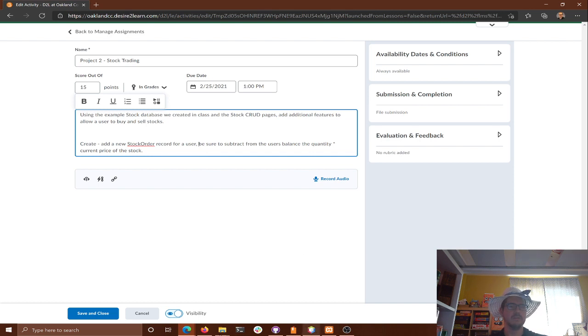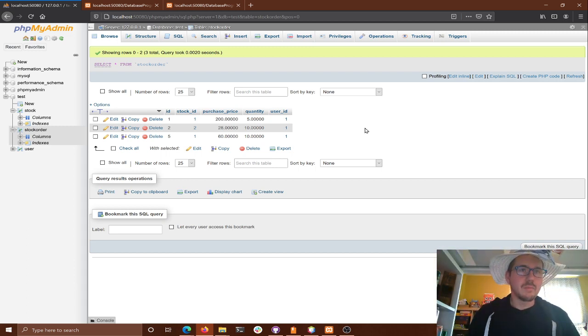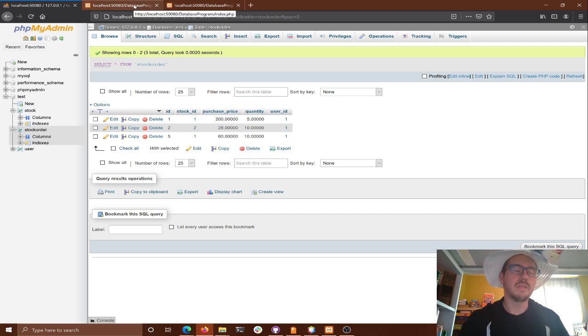So creating the new stock order item, it says what stock ID is it, what was the purchase price, which is the current price, and how many did they buy? So we need to add a page to buy stock. This is project 2. All the demo stuff we did, you can start with as your starter code. I'll give you all the stuff we've done for creating, updating, and reading the stocks themselves, updating prices. And then you're going to build the page to purchase them.